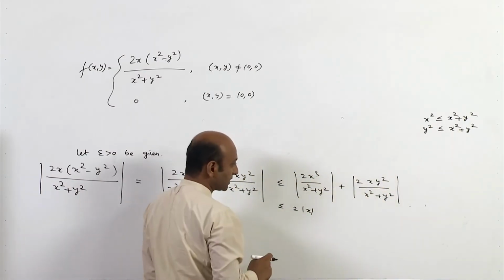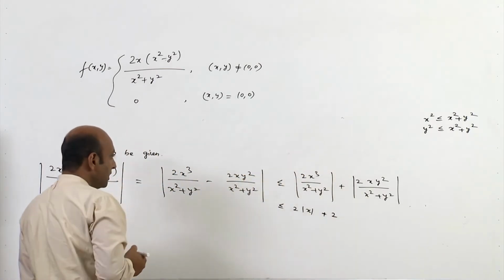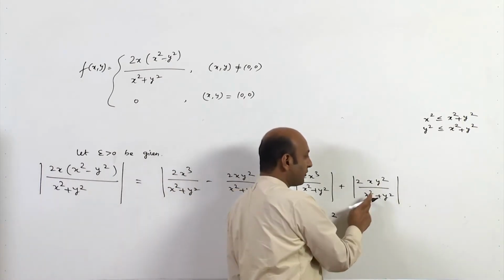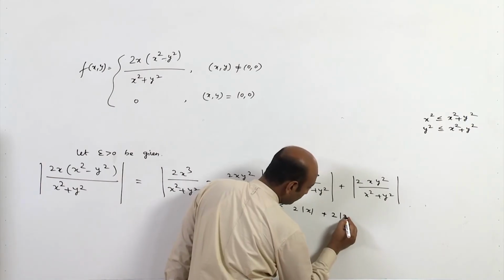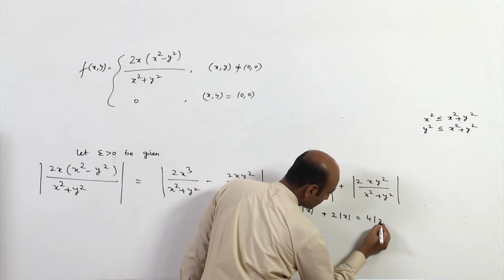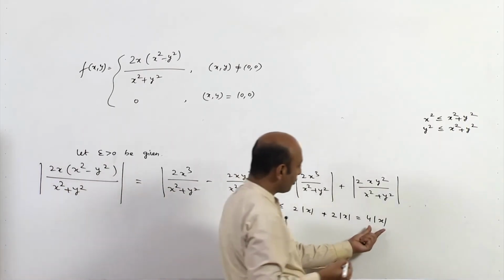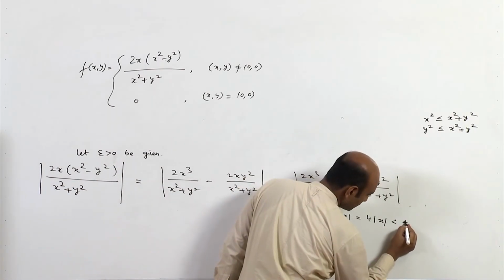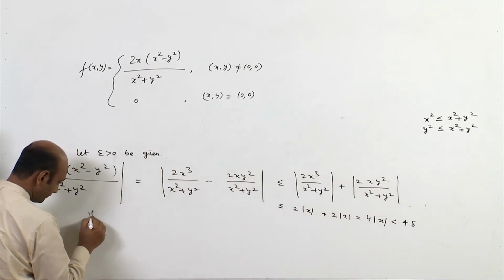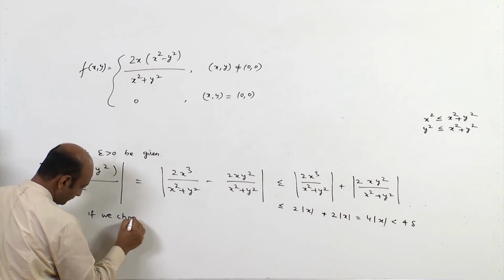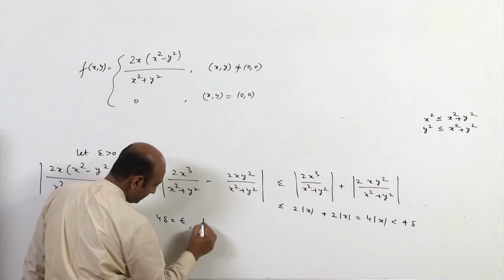So it is less than or equal to 2 mod x plus 2 times, again y square upon x square plus y square is less than or equal to 1, so it is less than or equal to 2 mod x. So it is 4 mod x. Okay. And this mod x is less than delta. So it is 4 delta. So if we choose 4 delta equal to epsilon, then